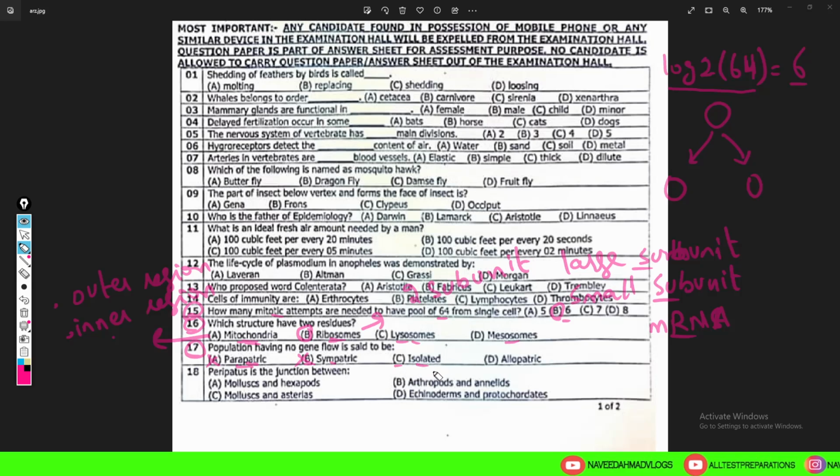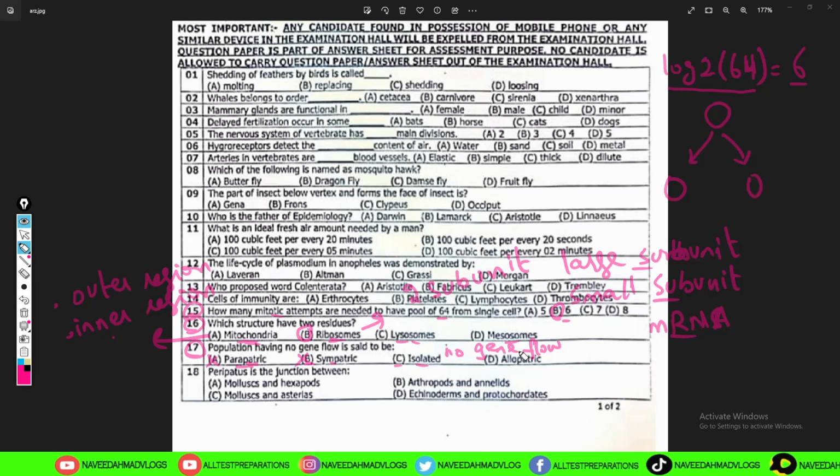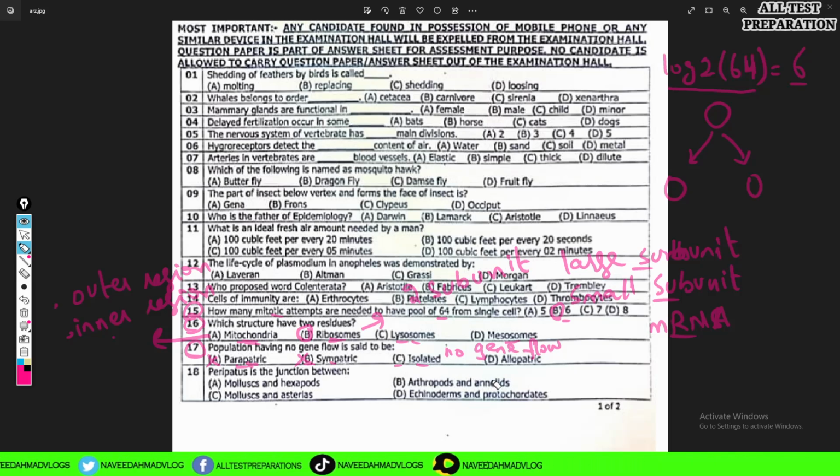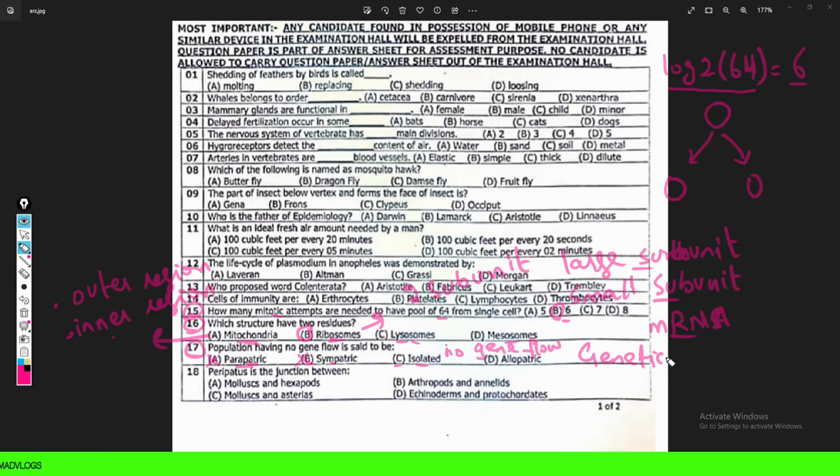Option C is isolated. So in the isolated case, there is no gene flow, because they have physical isolation, ecological barrier, and behavioral differences, and this leads to genetic divergence and formation of new species, which we call speciation. So isolated is the most correct option in question number 17, that no gene flow occurs